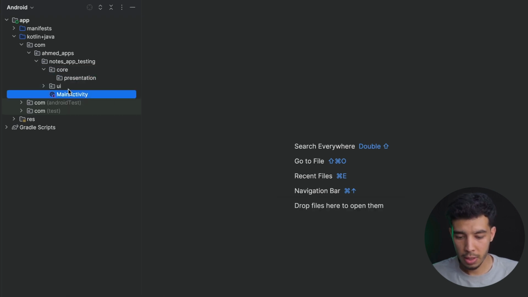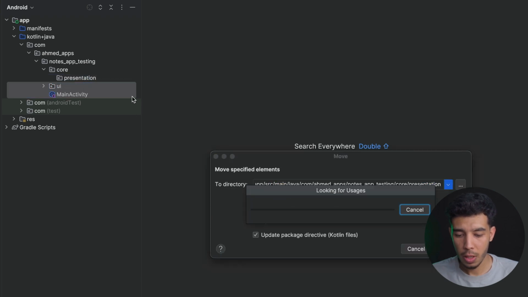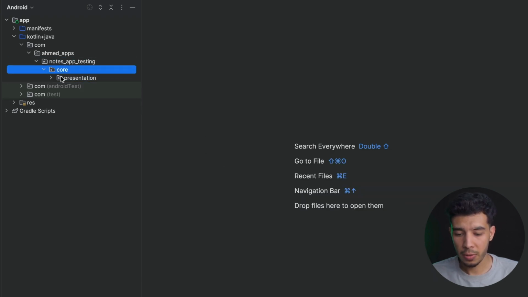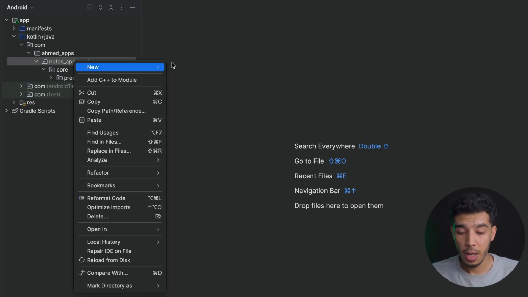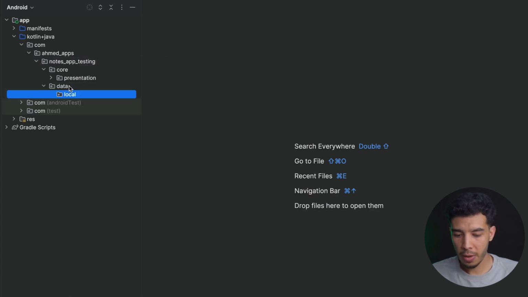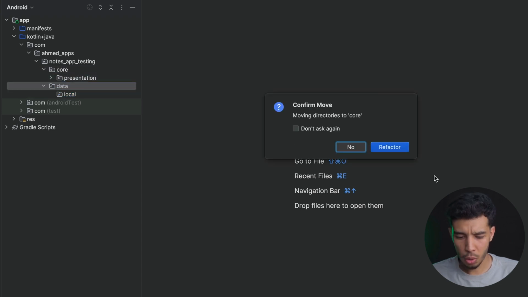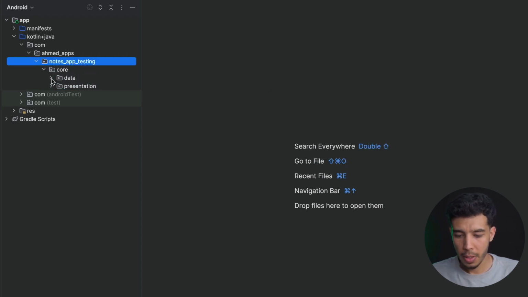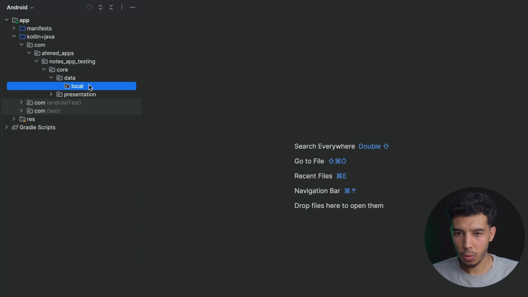Let's put this main activity and UI inside the presentation of core, because of course in this core we'll have all those classes, functions, and things that are shared between different features in our app. Okay, and then we'll create a new package called data.local, in which we'll have all our local stuff. Now we want actually this data to be inside core because it's not inside it. So let's open data. Now inside local, we'll create our entity, and let me just paste it so we can save time,